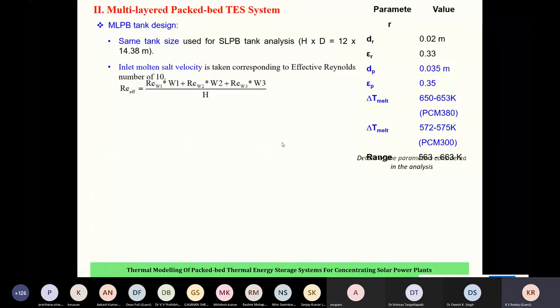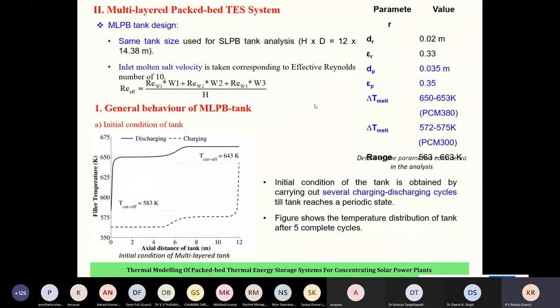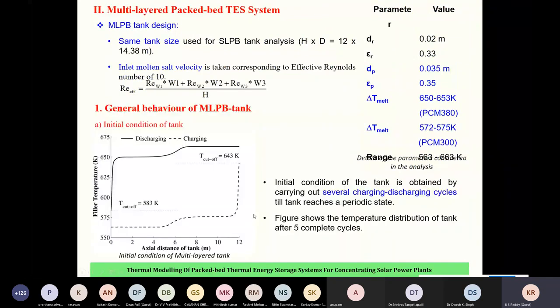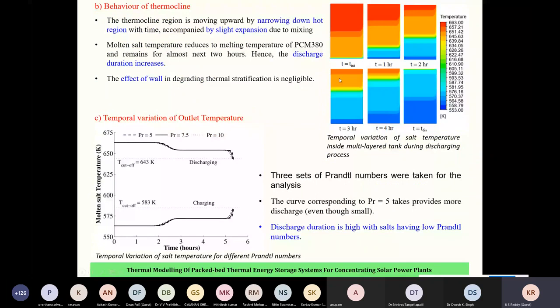And then multi-layered. We have used a single layer, but if you go for a multi-layer design, if the bed materials are not the same, a different staggered system, then how the thermocline behaves, the multi-layer will be like this. You can see the charging and discharging characteristics. Instead of one layer of bed, we'll go for 2 layers of beds. But the total overall bed size is the same here. So the bed size is the same, but it behaves differently. The thermocline thickness will differ from single to multiple layers. Thickness means the temperature gradient across the thermocline will be different. So that's an important thing.